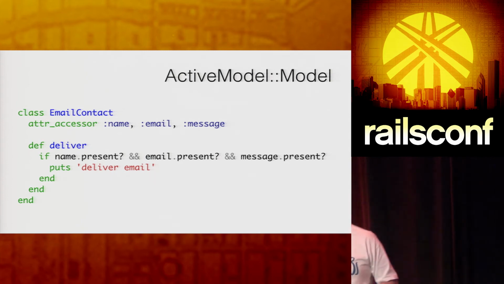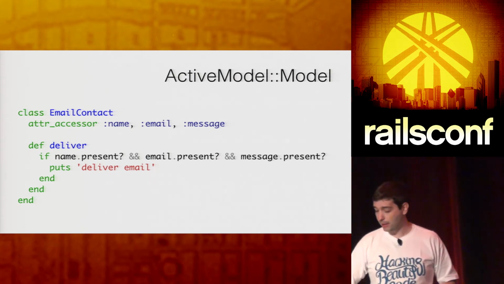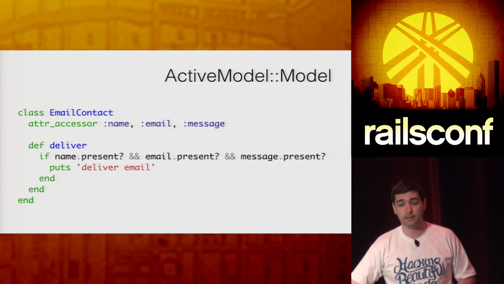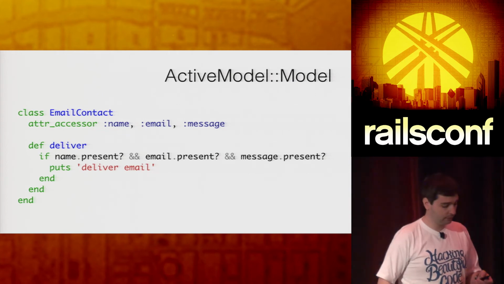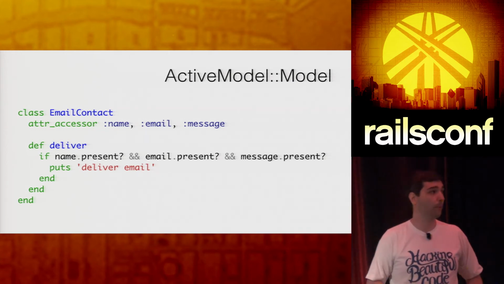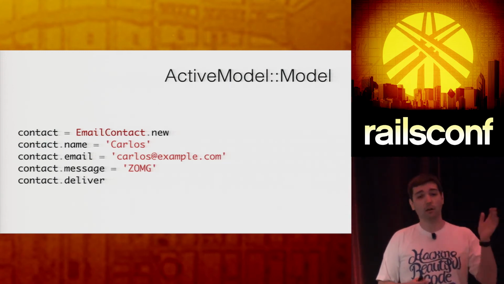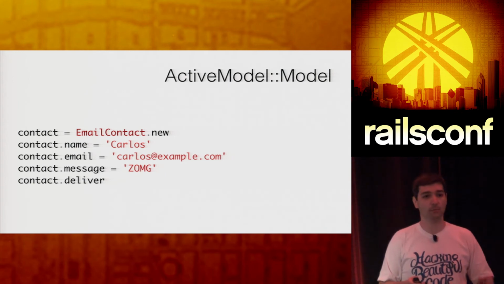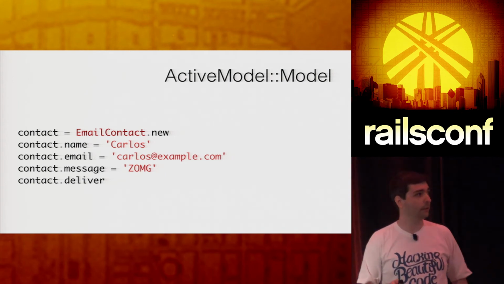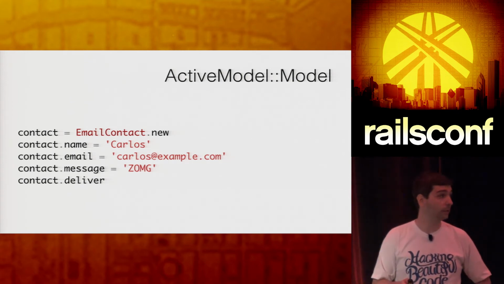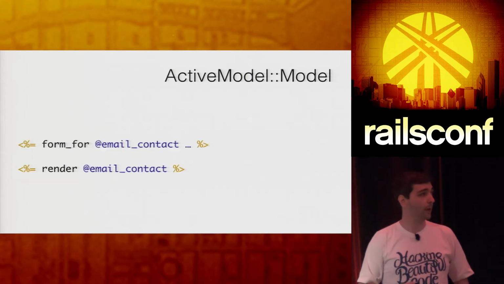And for them to validate stuff, they need to do manual validations like that. Is name present? Is email present? Is message present? Whatever is present here in my attributes, and then deliver the email, for example. So they need to set all the attributes. They could create an initialize method and receive a hash, but in this example, this code they didn't. Set all the attributes and then call deliver only. Well, it works, it's fine, right?